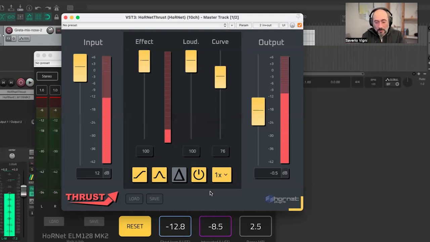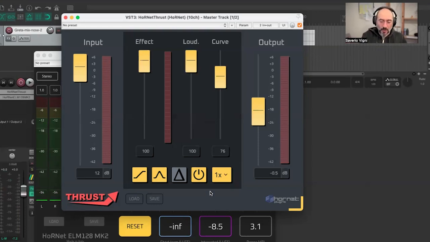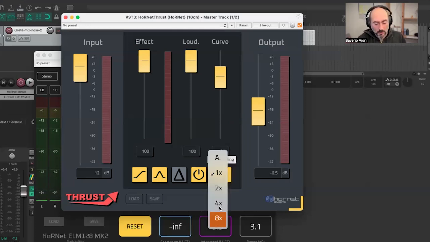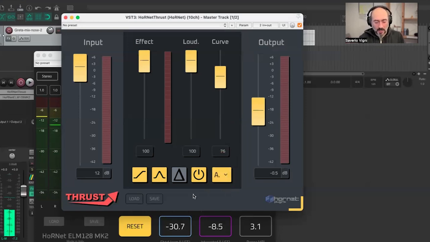Can you hear it on the snap of the snare, for example? It's much more natural and 3D with oversampling turned on. You are using more CPU, but you get a better result. So I think this is quite important. And I will leave it to auto for my mastering now,